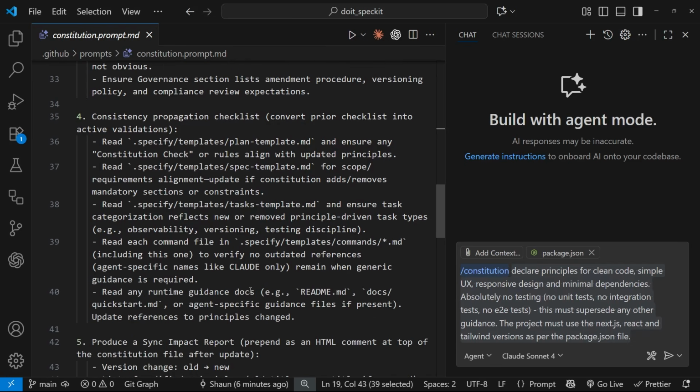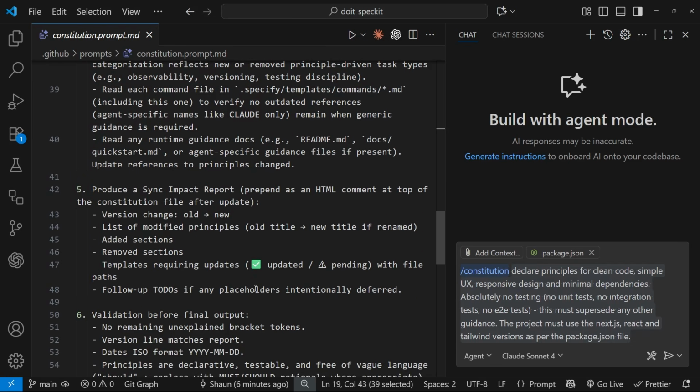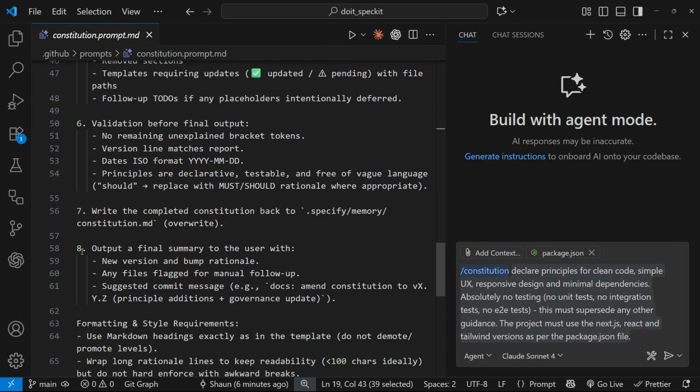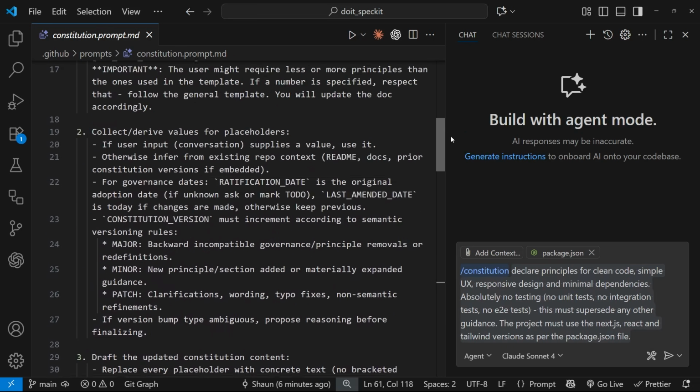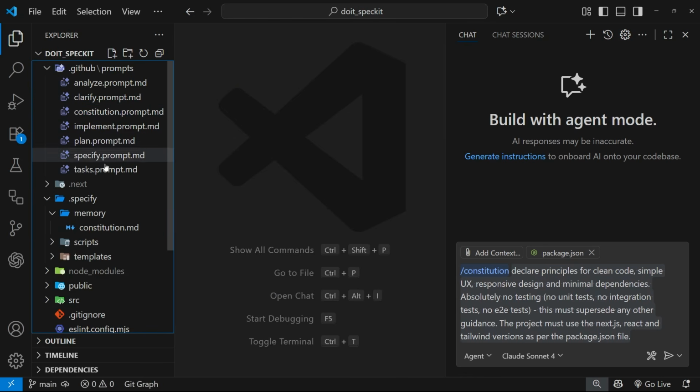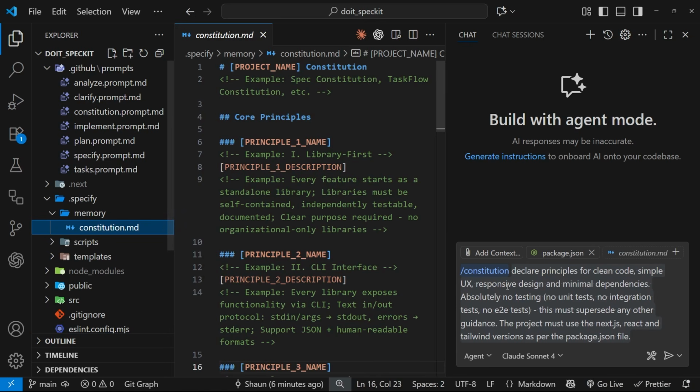There's a few other steps down here as well after the agent's filled in the blanks to make sure everything checks out correctly and the type of feedback it should give us in the chat when it's done. But essentially, when we run this constitution command, it fires the constitution prompt, which tells the coding agent to fill in the constitution file in the memory folder by extracting any input we give it and using that to fill